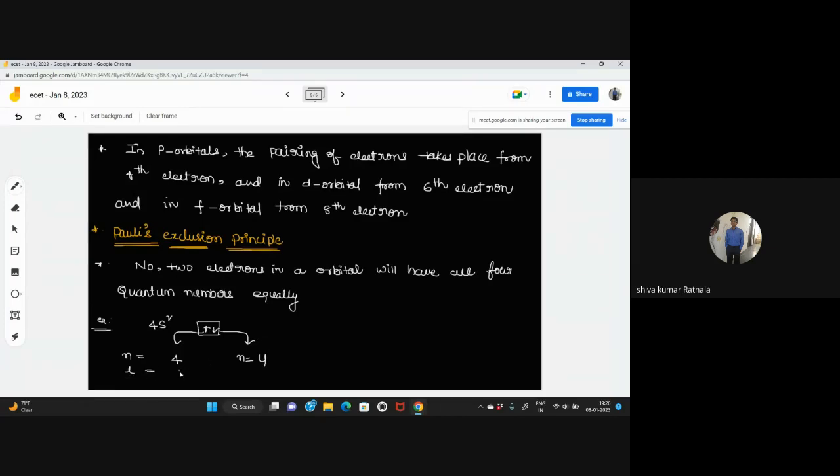And L value will be 0, and here also L value will be 0. And if I'm taking M value, if L equal to 0, M also 0. So here also M equal to 0. Whereas in this case,